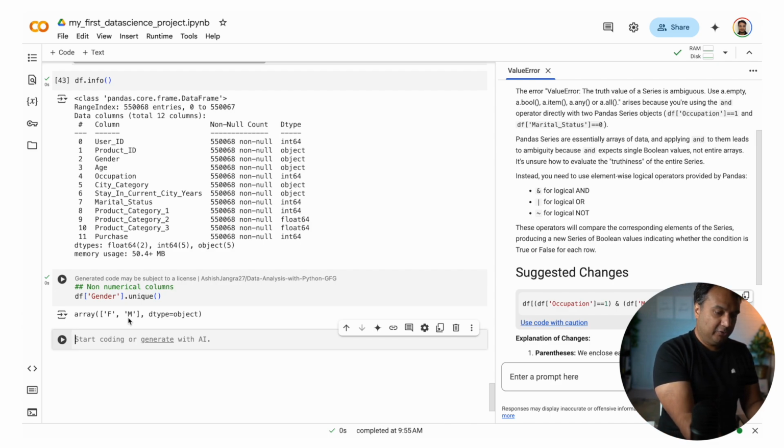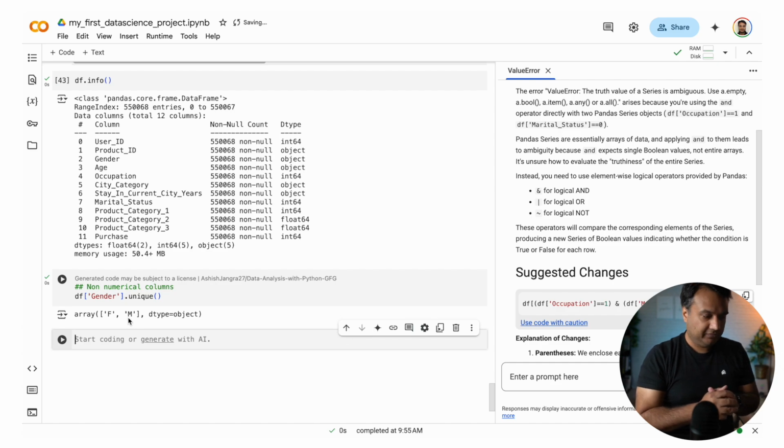Okay, so I'm going to do slightly advanced pandas, but you can copy paste it. You don't have to fully understand it. Basically what I'm going to do is tell pandas wherever you see F, you put 0, and wherever you see M, you put 1. Or it could go the other way around.